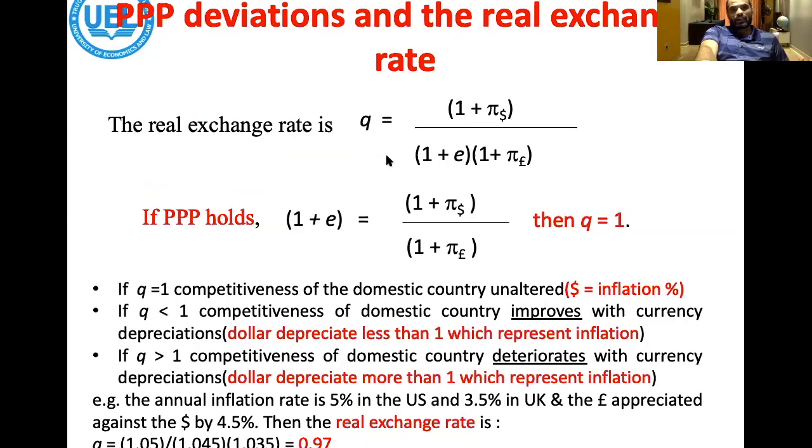So we can write this in another way. Now, how can we write down the real exchange rate? So 1 plus inflation in the US divided by 1 plus change in exchange rate multiplied by 1 plus inflation in England. If you rearrange, again, you will reach this point. All right. Okay. Now remember, if triple P holds, then this Q value equals 1. Q value equals 1 means the USD value and the pound value are equal. This is called equilibrium. If Q equals 1,